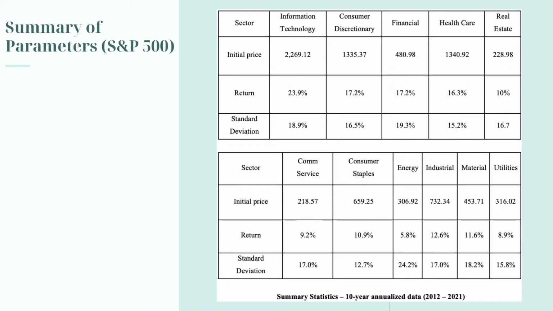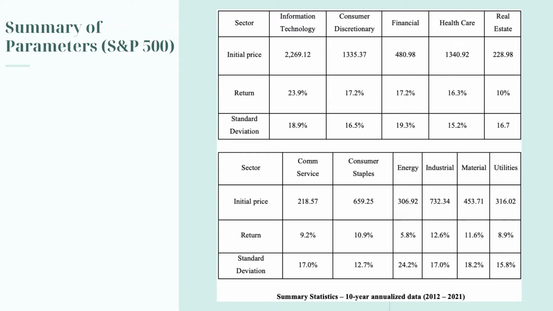Next, we have summarized the parameters of the different sectors for the S&P 500. The risk aversion and the risk-free rate are fixed in these data since we used the US risk-free rate and US investor risk aversion, because we believe that it will be fitting to sample for an American investor as this index is